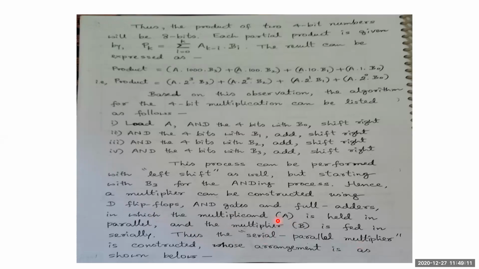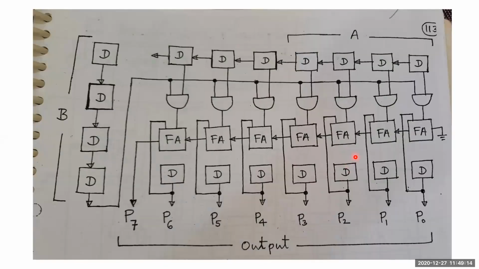Let us see this construction. This is the construction of this particular multiplier. You can see all the D flip-flops which are used for this one. This is for the B number, and this is for the A number, and the same operation can be done with the help of an AND operation. And since it is getting 3 inputs, one input is over here, a second input, and the third input comes. So that's why we call it full adders have been used. And again that full adder output is stored in the D flip-flops, and ultimately you produce some output.